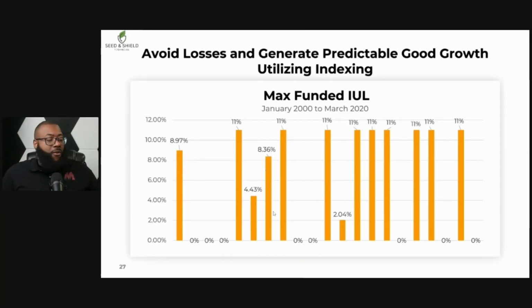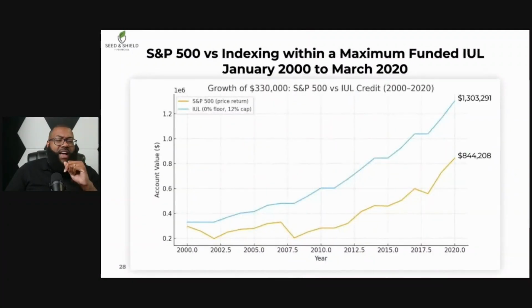And then the market performs at 4.43. And guess what? We get the same thing. Then 8.36, we get the same thing. But then the market overperforms and we get up to 11%, and so on. So as you can see here, wouldn't you want the experience of never having to worry about losing all your money? I know you do. And I'm going to show you exactly how that money would have performed, comparing it. Now that you understand the mind, the behaviors behind it, let's look at exactly how it would perform.